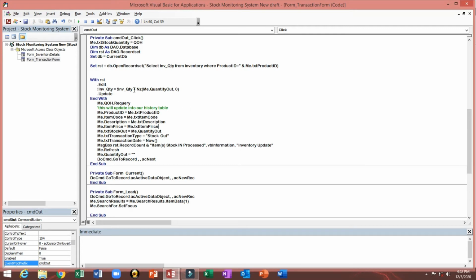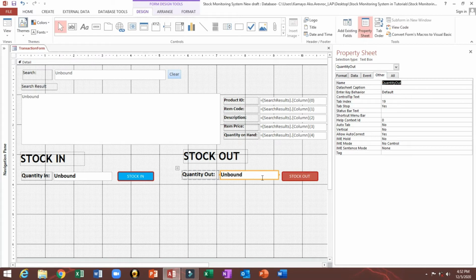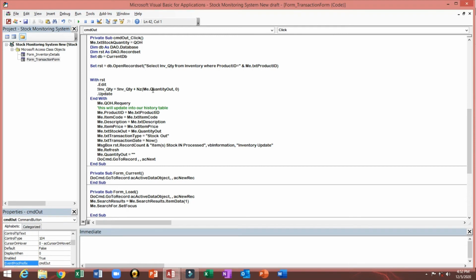Then this is very important, this one. Since we are dealing with stock out, whatever the quantity on hand, we will deduct from our quantity out here. So we will change to minus: whatever the current inventory less our quantity out. We will double check